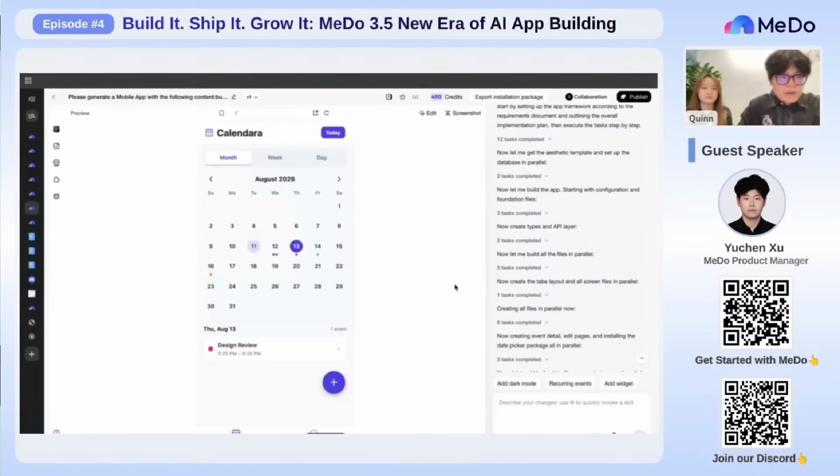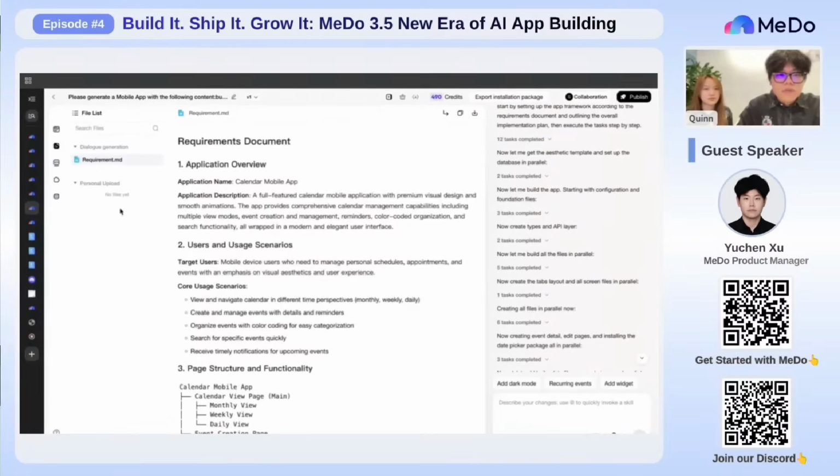All right, so last small update for the build section. It's a tiny thing, but you'll use it every day. It's right here. You can reference a file right inside the chat. For example, I will choose a file, like our requirement.md. Click this button, reference in the chat, and you just put it into the conversation and say what you